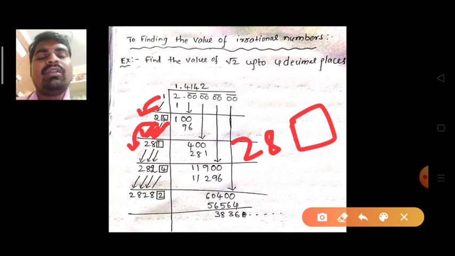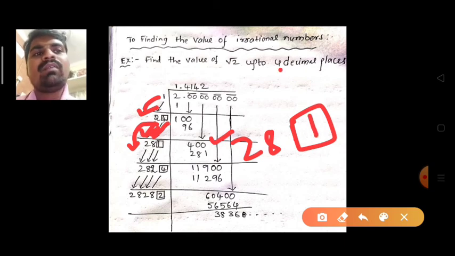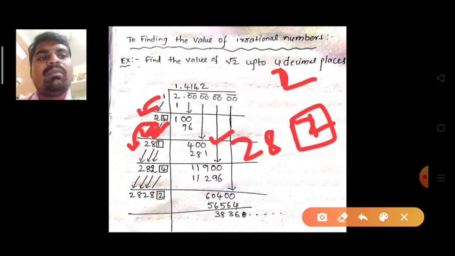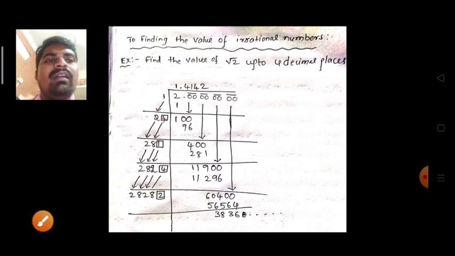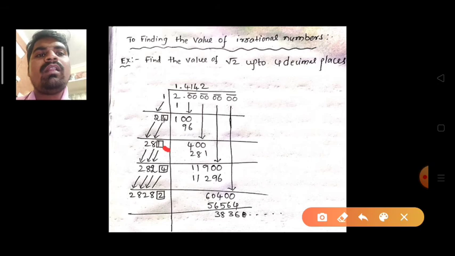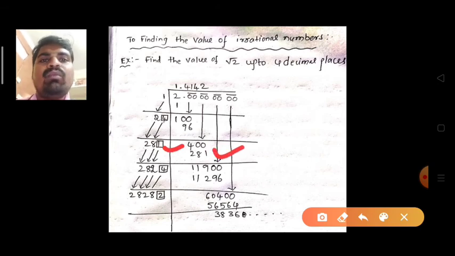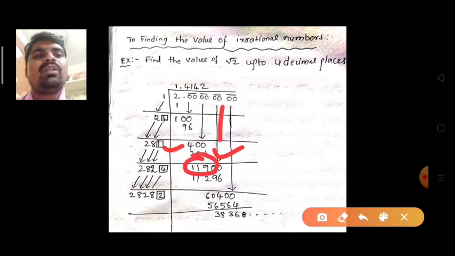So you know very well in third step, what is the number here? 400. If you take 1, you should write the 1 in the quotient. If you take 2, you write the number in the quotient 2. But the value when you multiply with this should be less than 400. So if you take 282 twos, it is more than 400. That's why I took here 281 ones. So you observe here 281 ones is 281. So what is the remaining value here? 119. So next you have to take the 2 zeros in the next step.